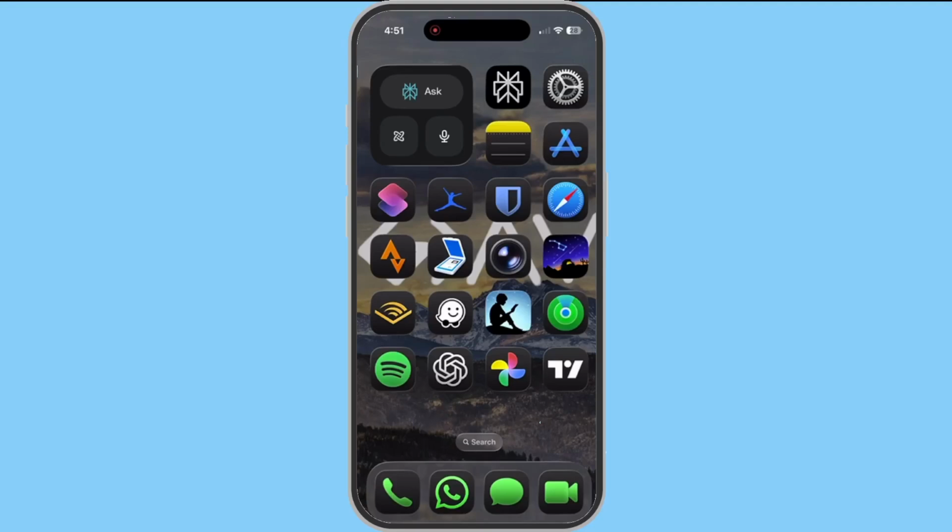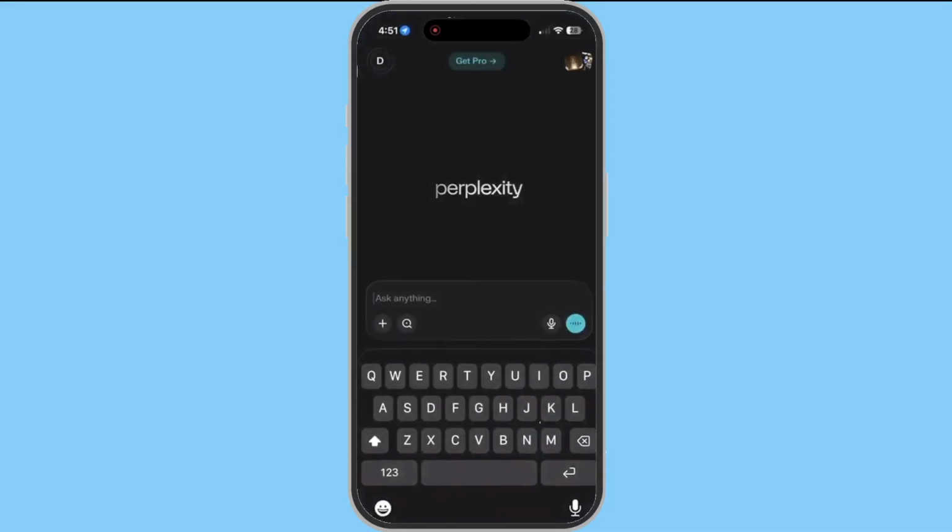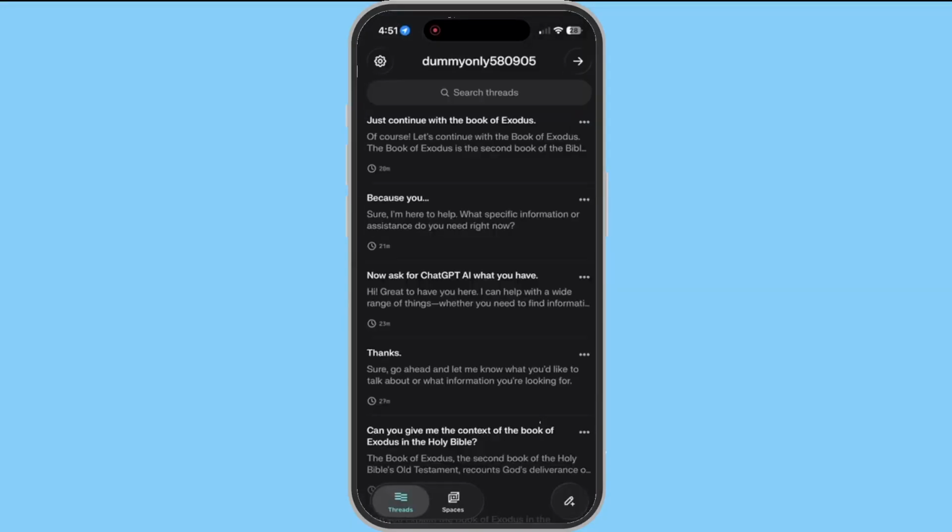Start by opening the Perplexity app on your iPhone. Once it's open, look to the very top left corner of the screen and tap the profile icon. This takes you to your profile area where you can access your account details and, most importantly for today, your conversation history. To make sure you're looking at your saved chats, scroll down to the bottom of this profile page